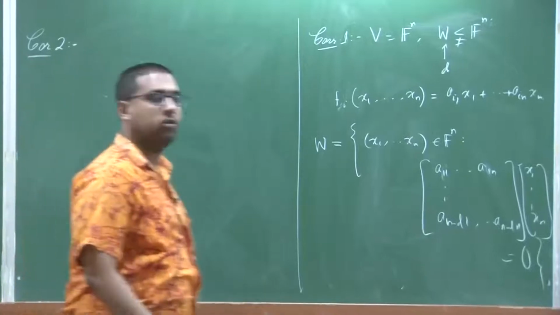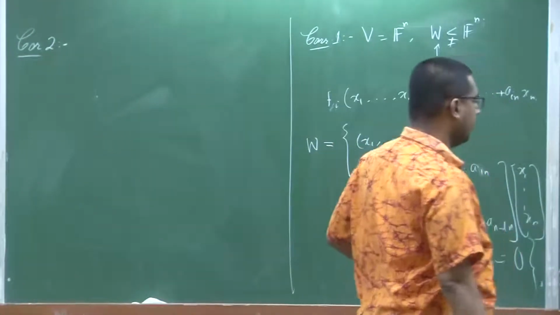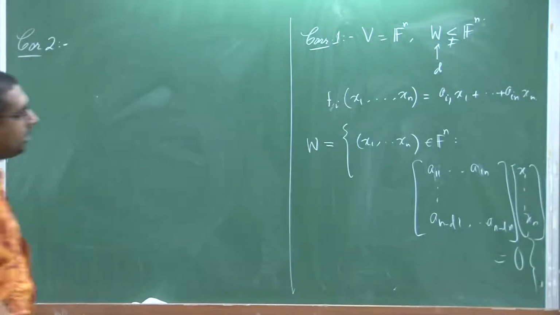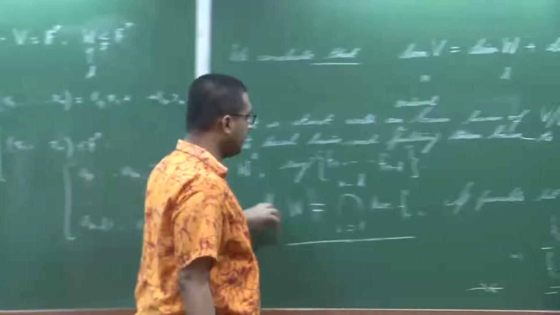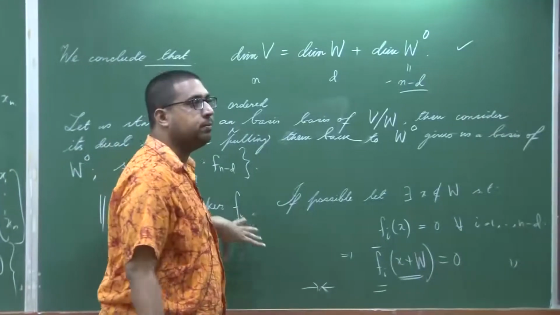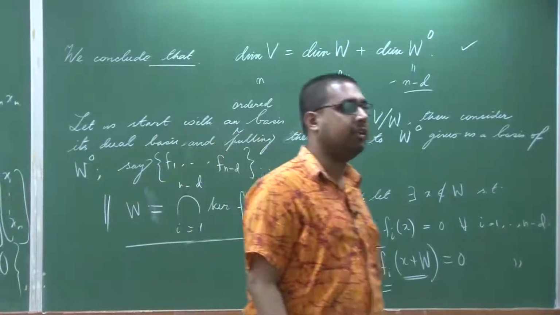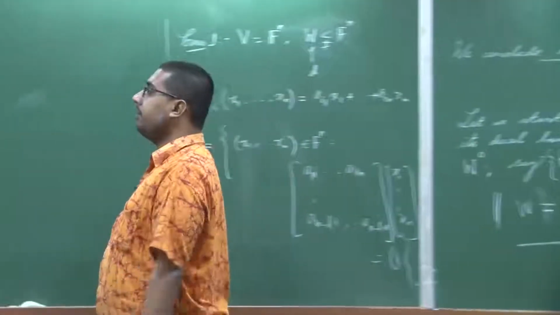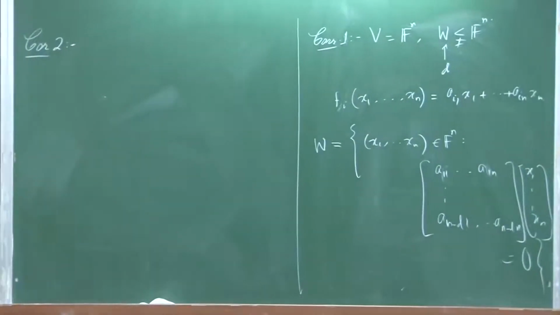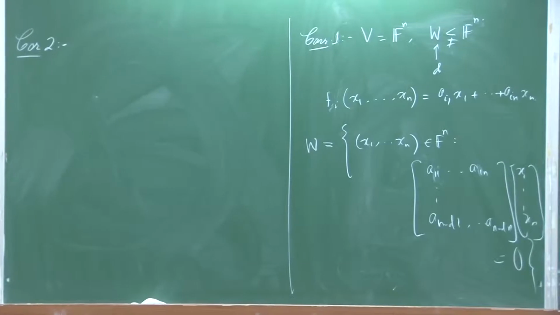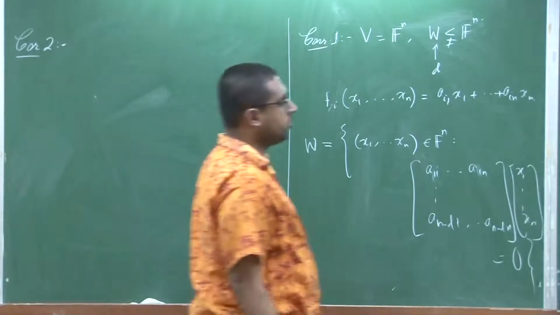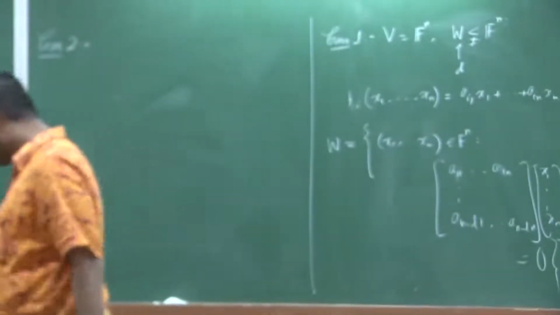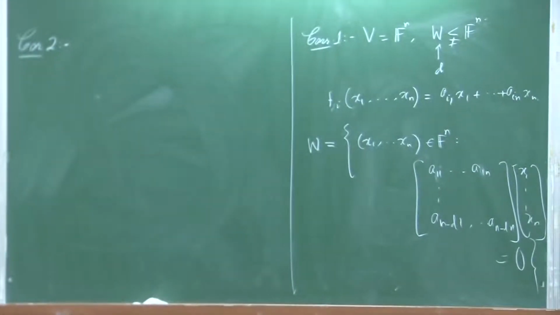Corollary 2 is also very easy to see. Here we have found that W is the intersection of n minus d hyperplanes. Okay, n minus d number of hyperplanes. So, the question is whether we can express that as the intersection of a smaller number of hyperplanes. That is not possible,